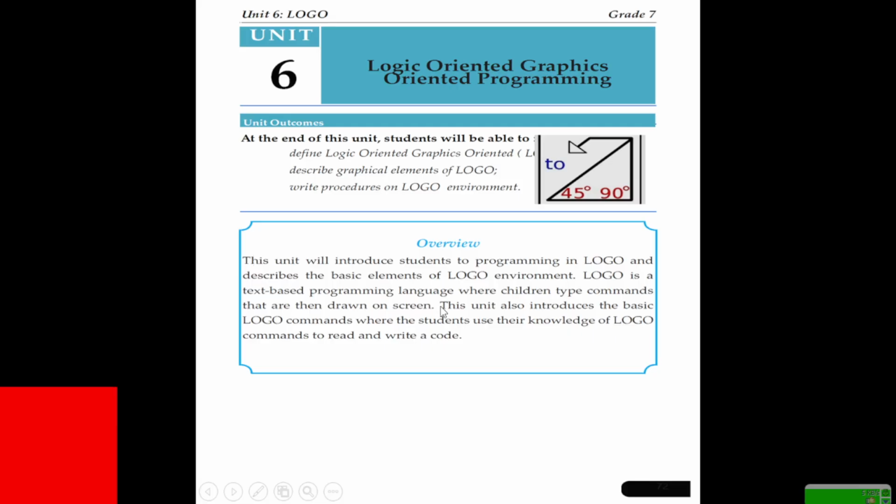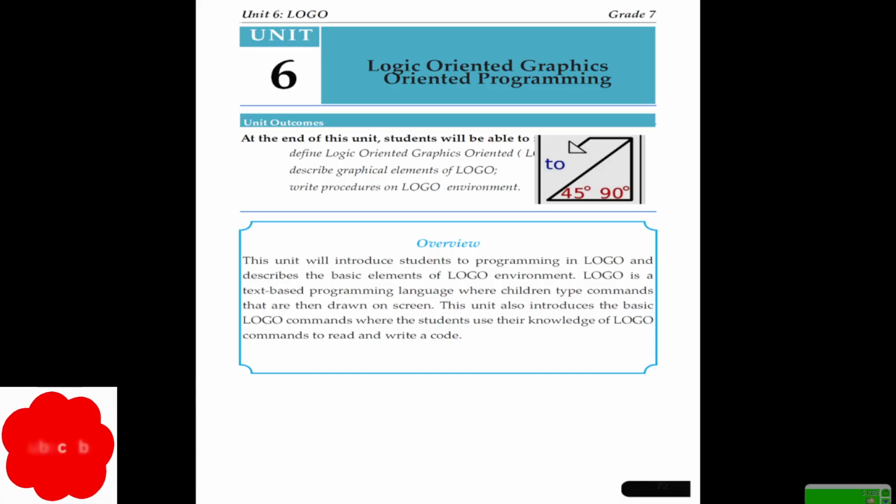I will present this video, the last unit for grade 7 students. Here, unit 6 is about introducing the students to the skill of programming language: logic-oriented, graphics-oriented programming.